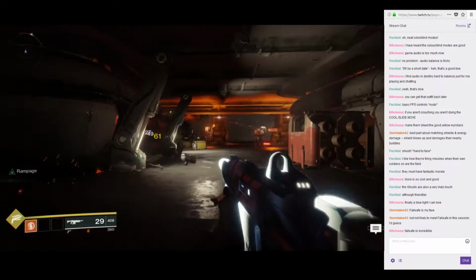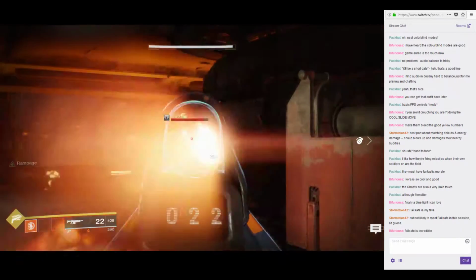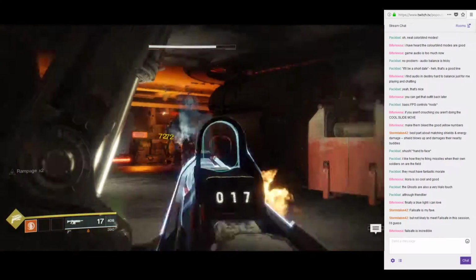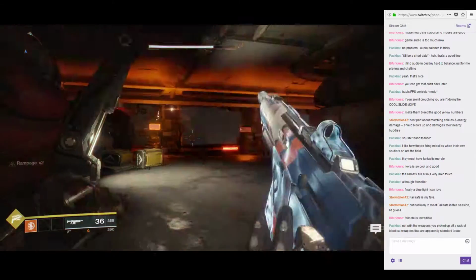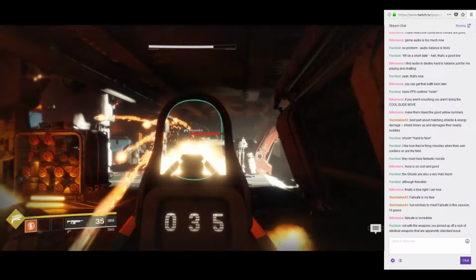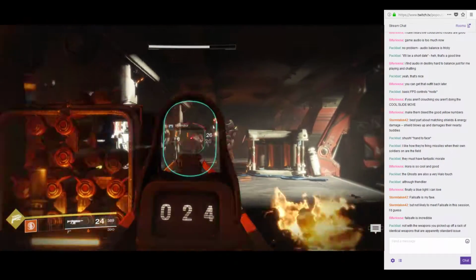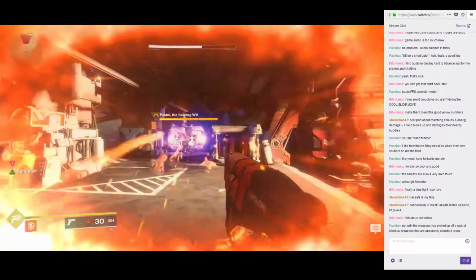I think it would actually work better if the tutorial fights were against normal Cabal from the last game, kind of auxiliaries for the Legion. And then later on,